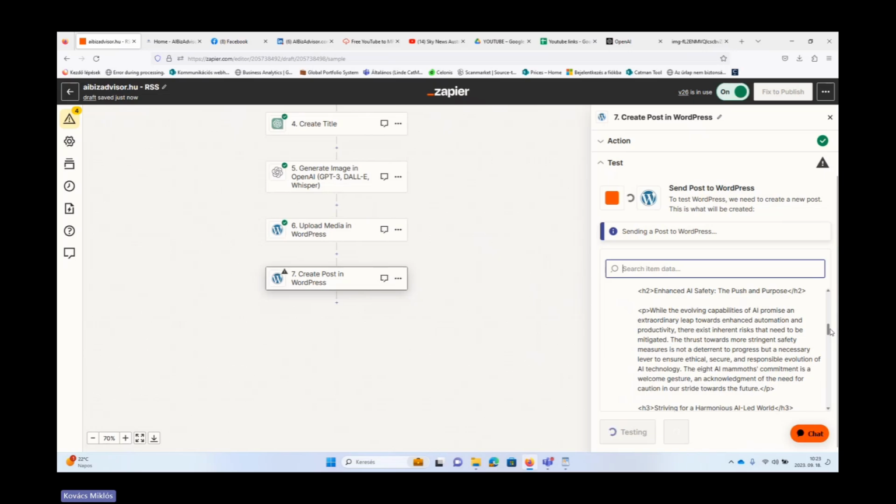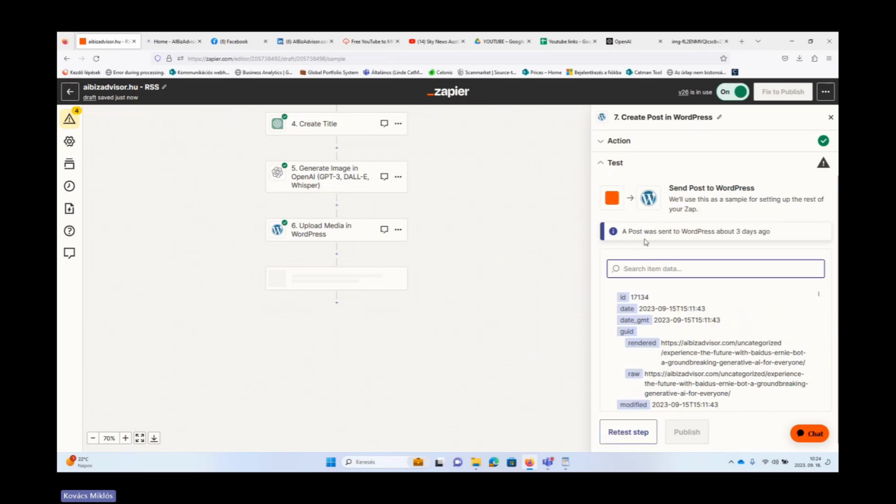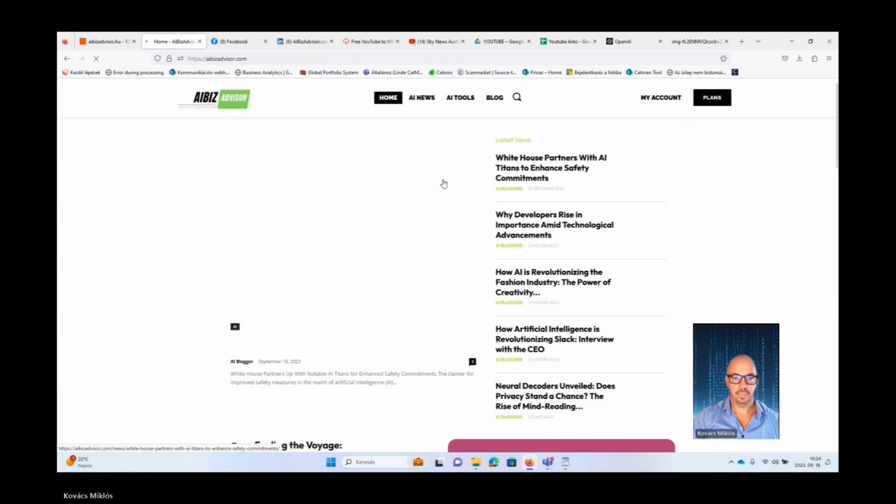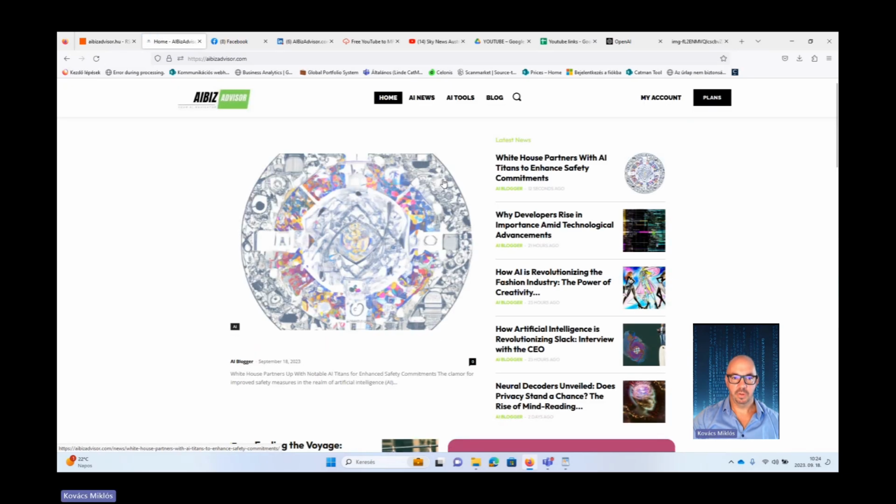And let's wait a few seconds, and if everything works fine, then the post was sent to WordPress 3 seconds ago. And now if I refresh my browser, voila, you might remember this picture, White House partners with AI Titans.